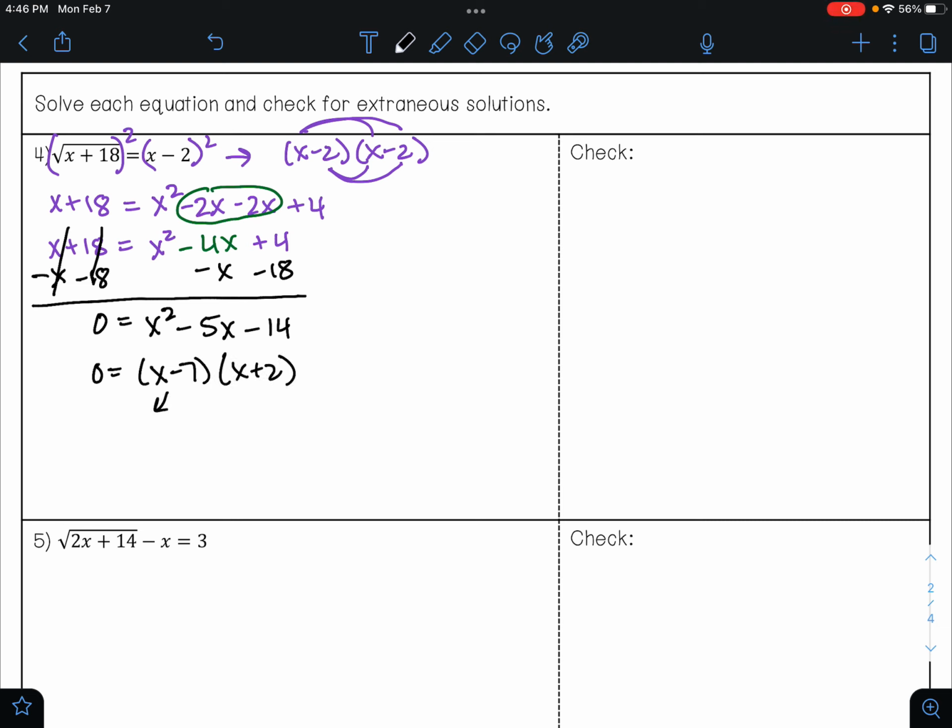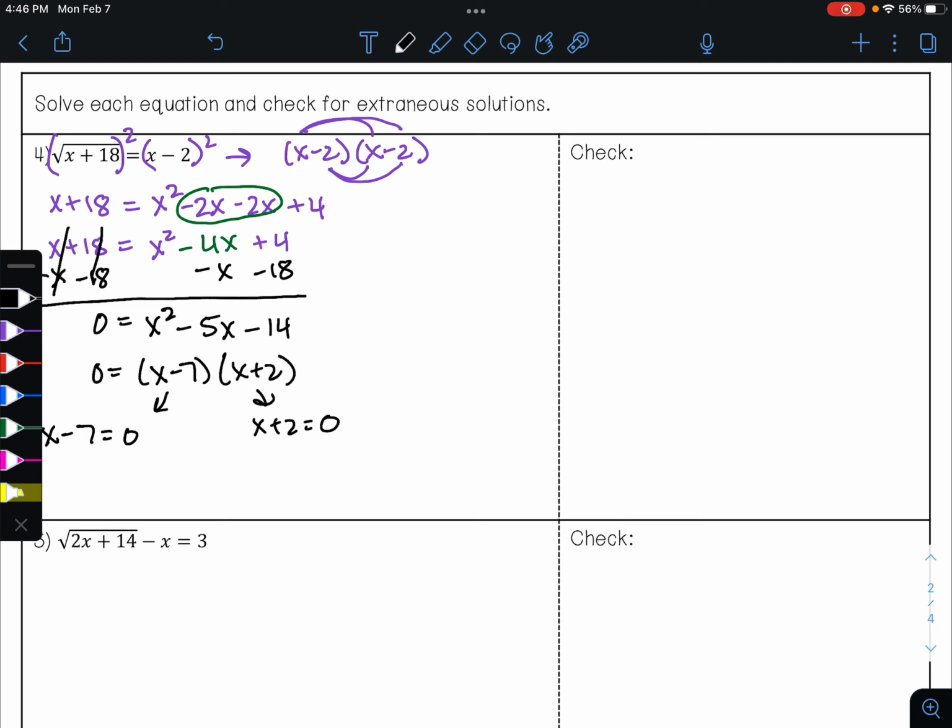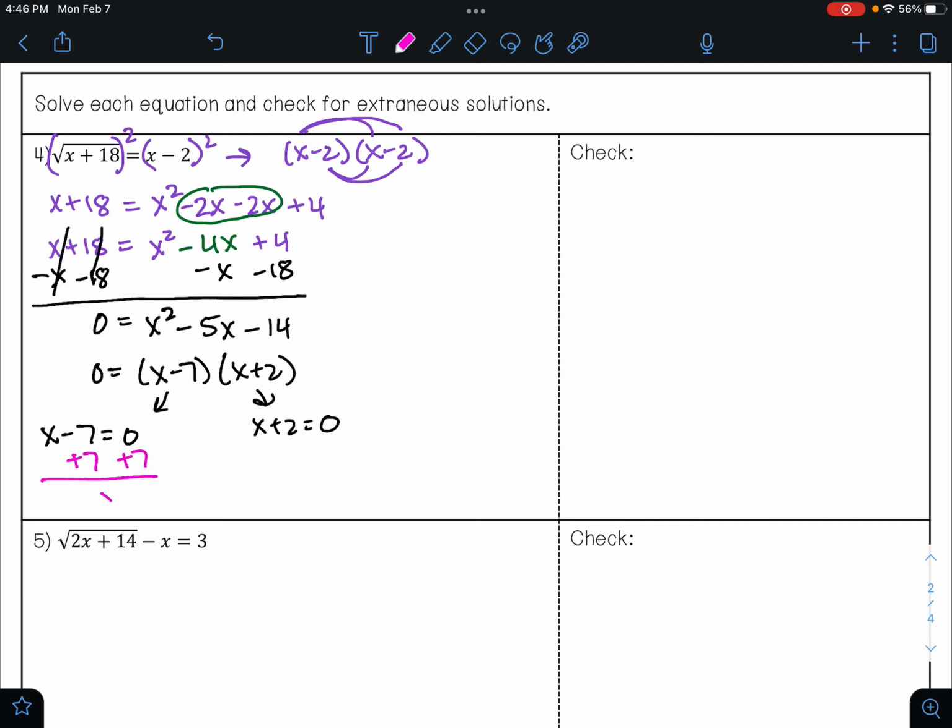And from here, I can use the principle of zero products to solve. So I'll have x minus 7 equals 0 or x plus 2 equals 0. To solve this first equation, I'll add 7 to both sides and get x equals 7. For this equation, I'll subtract 2 on both sides and get x equals negative 2. So we have found 2